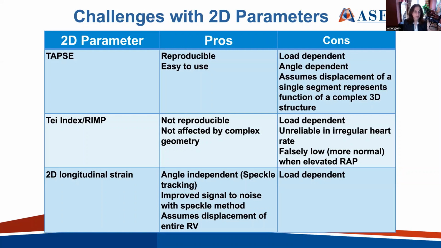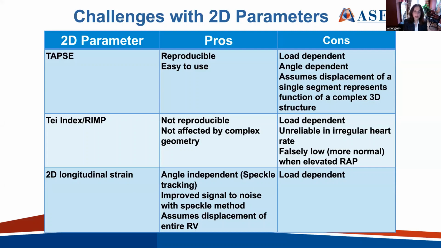The Tei index or the RIMP is not reproducible, can be affected by complex geometry, and it's also load dependent, unreliable in irregular heart rates, and can give falsely low values in the presence of an elevated right atrial pressure. 2D strain, the pros: it's angle independent, has an improved signal to noise ratio with speckle tracking, and assumes